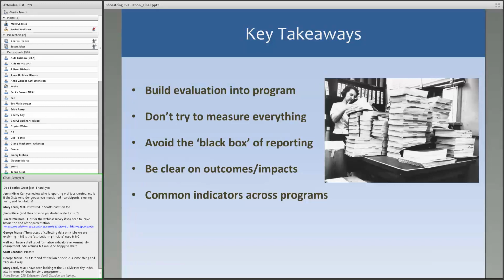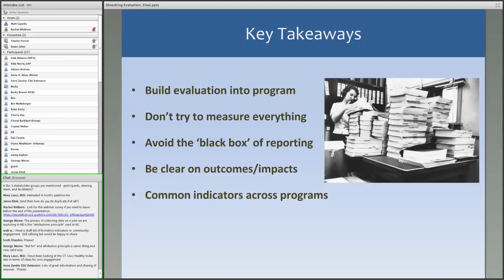These are excellent questions, and I don't want to portray Casey or myself as experts in this field. This is something that we've had to pick up on our own. So we've tried to reach out to other resources to help us do this, and we've done pretty extensive research to find out if there are valid tools out there. But we're still a long ways off from doing a very comprehensive, effective job at measuring the impacts of our work.